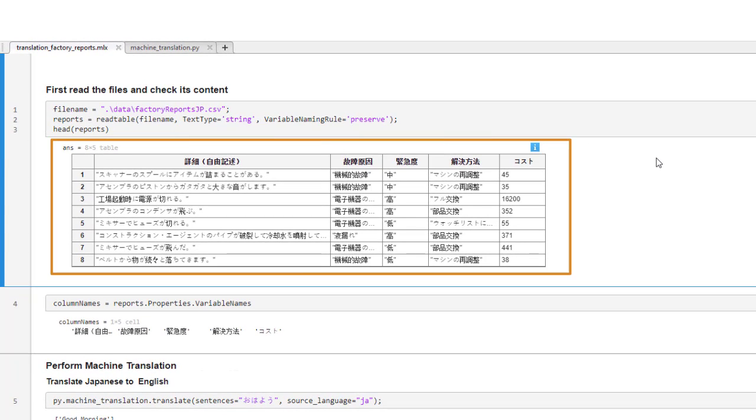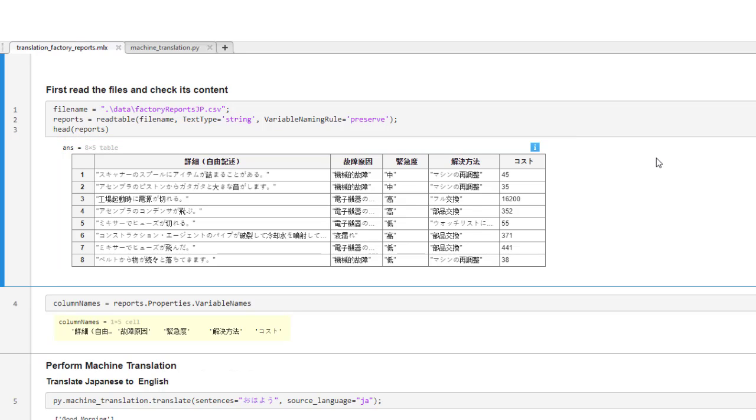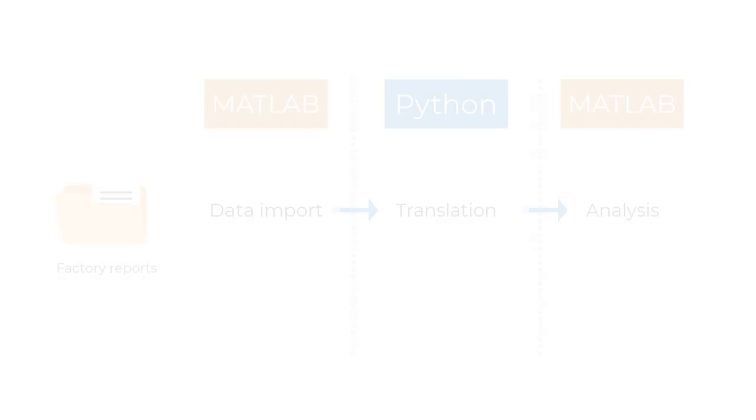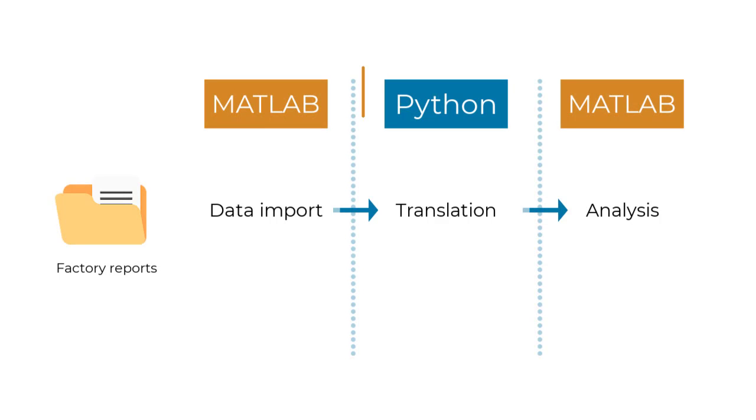The dataset used here contains labeled textual descriptions of factory events written in Japanese. As you can see, the column names are also in Japanese. For the analysis of the text, we will use descriptions of the events to visualize token frequencies and search for specific terms. But if, like myself, you can't read Japanese, you will have to translate the names to find the information you need. Let's move to the next step and see how to translate the columns and contents into English